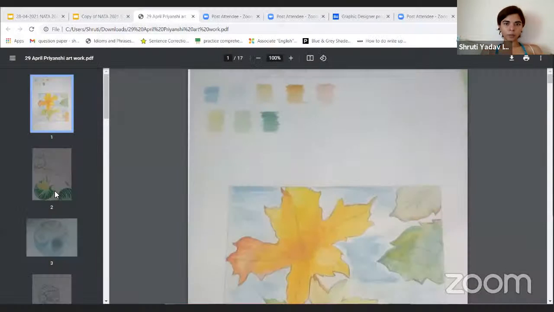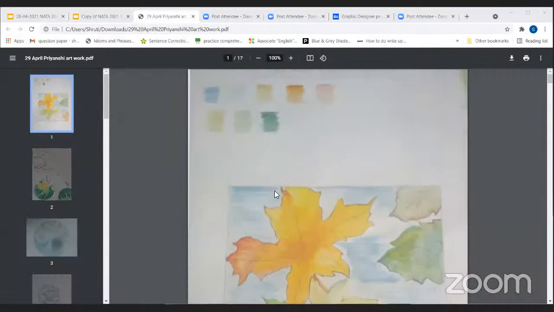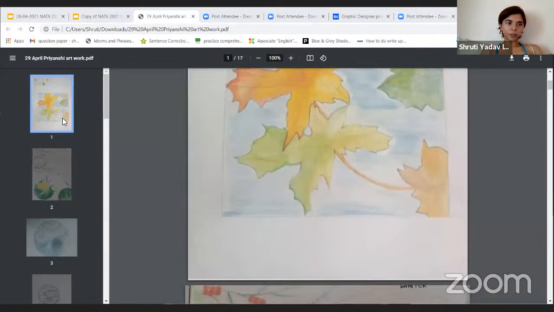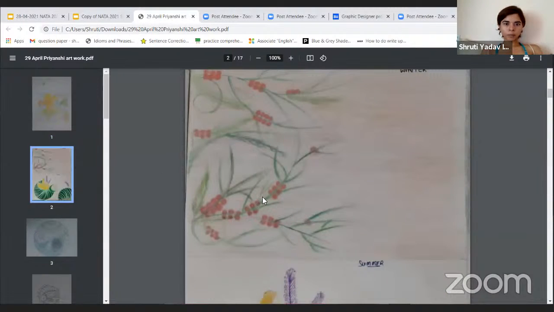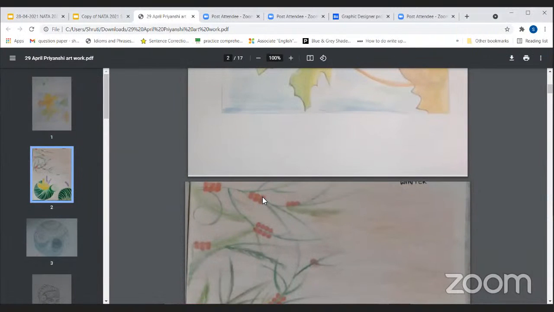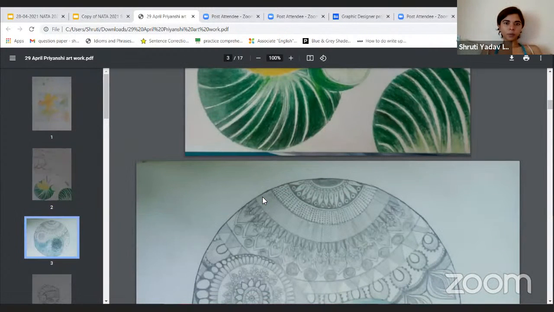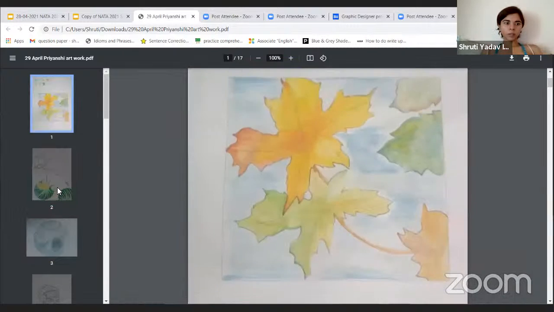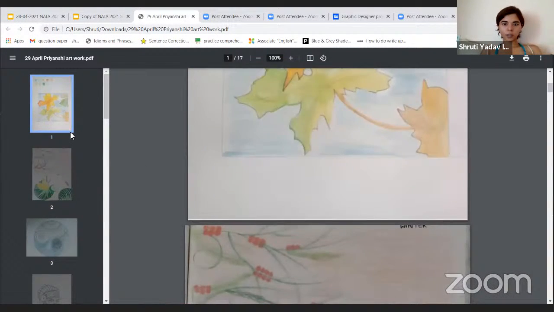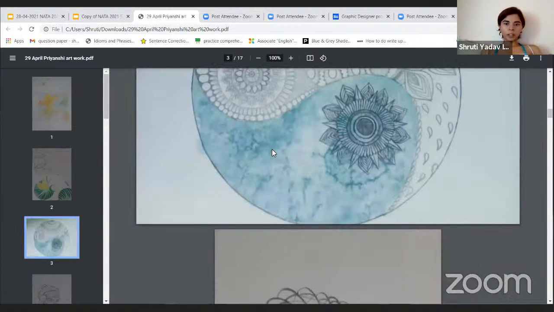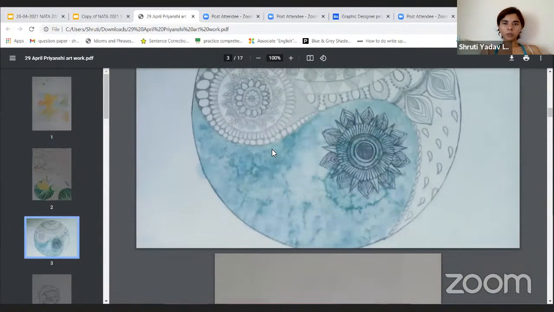All right, so right now you're just showing me the artworks you have, right? Okay, so what's the theme? It's autumn, I'm assuming. Okay, autumn, winter. All right, nice. So we've done 3 seasons. Then this is mandala doodle art.